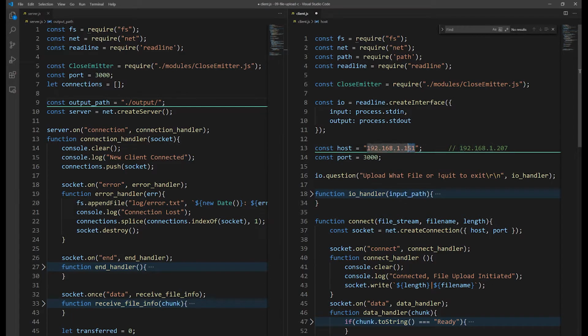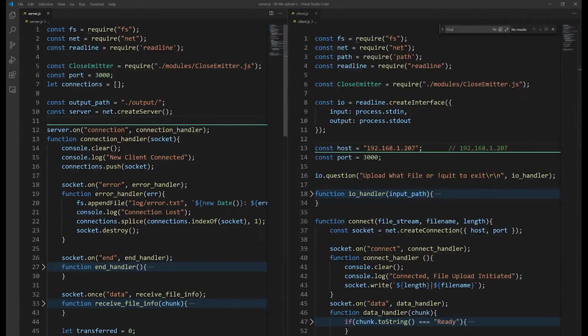And the laptop, its IP address is 207. So I'm going to be using that when I send from this client to the laptop server. But the laptop is going to be sending to 192.168.1.151. And I don't need to specify that on my server because the server knows it already. So typically you can find the local IP address of all the connected devices on your home network